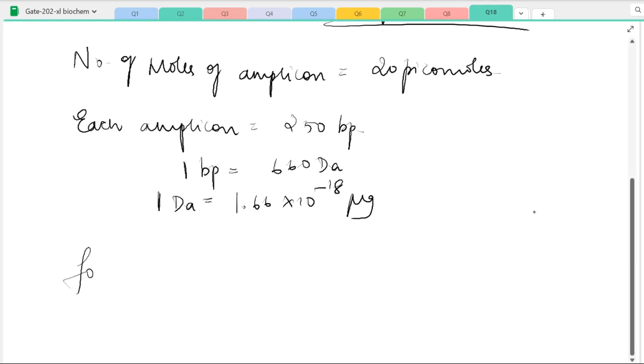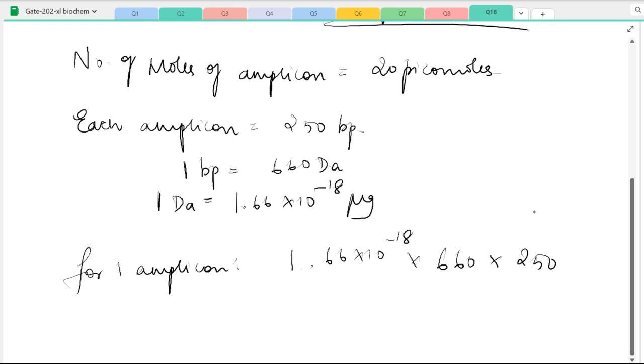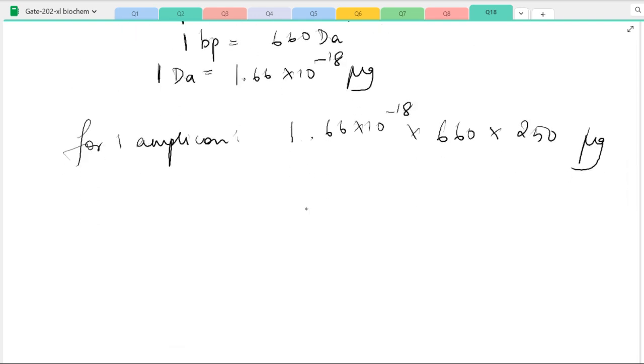So for 1 amplicon, what's the weight in microgram? It is 1.66 into 10 power minus 18, into 660 Dalton, because that is for one base pair, into 250, because we have 250 base pairs for one amplicon. Let's just keep it as microgram, because anyway we have to multiply with the number of moles. So now for 20 picomoles,